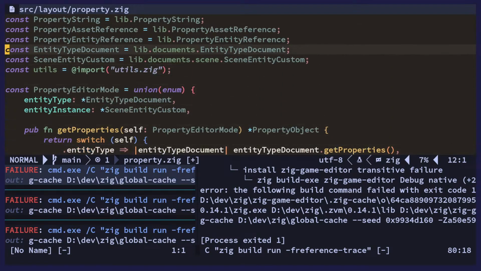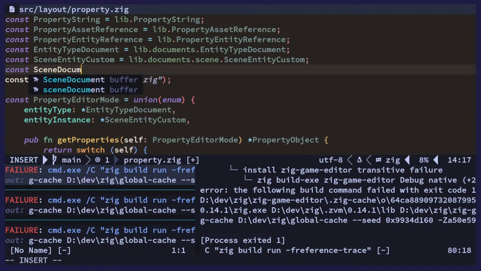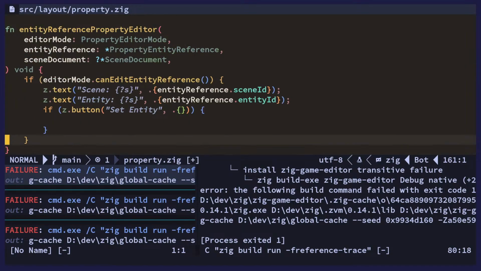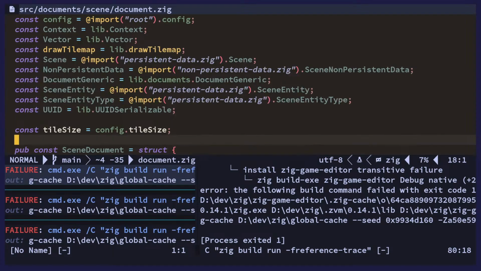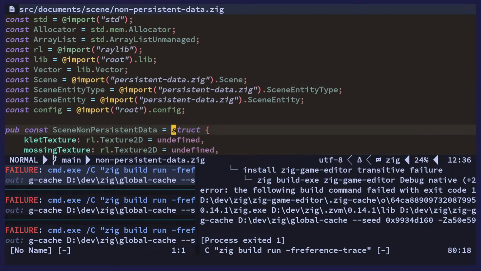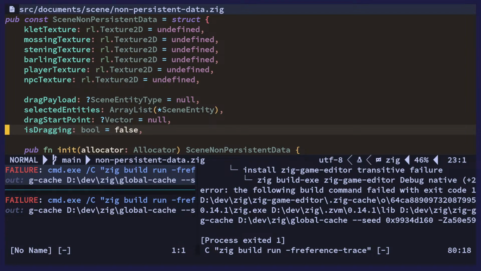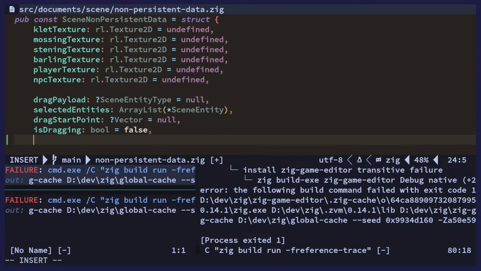And the reason why I want that is because in the scene editor we want to have some state that determines if a particular UI element is open or not, if the window is shown or not. So what I want to do is go to our non-persistent data, which is basically UI stuff that is only related to the scene documents. And so here we will say